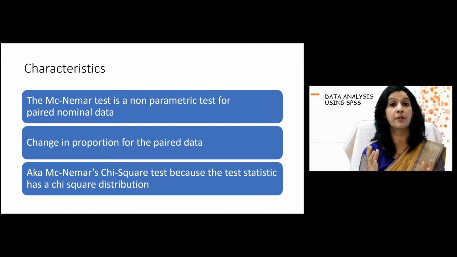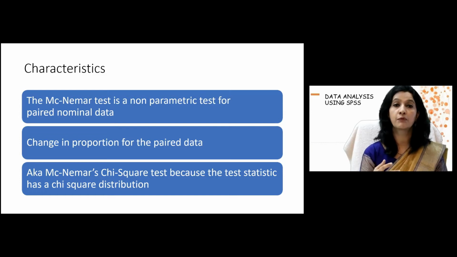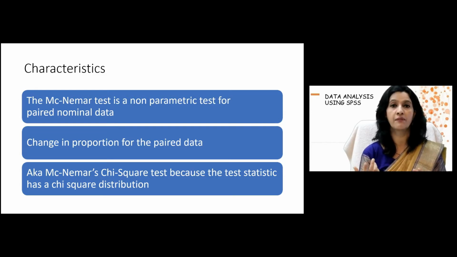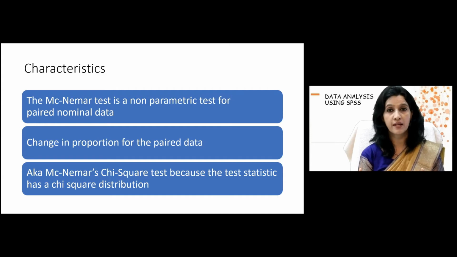You are doing something, and in the pre-post study, the outcome should be in terms of a categorical variable, a proportion. It should not be in terms of a continuous variable. Had it been continuous, like if I want to compare the mean marks of the people who attended this workshop, before the start and after this workshop, then I would have used the paired t-test. So do you understand? Am I making sense to you regarding the nature of the variable and the type of test which we use in case of a paired t-test and in case of a McNemar test?